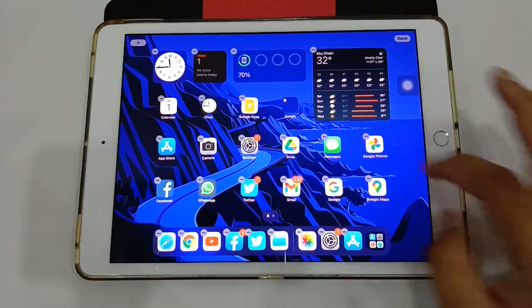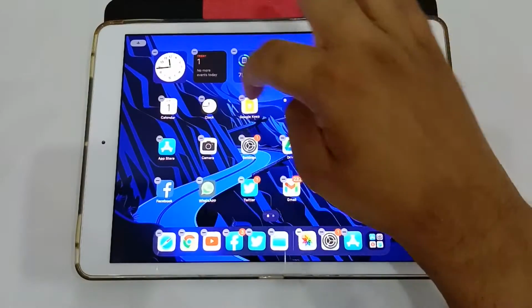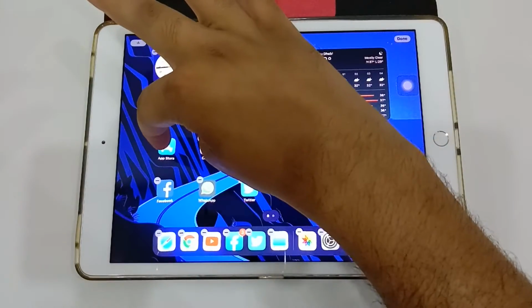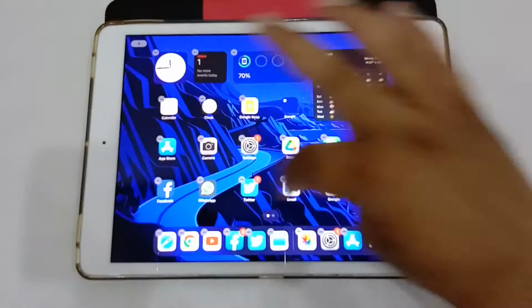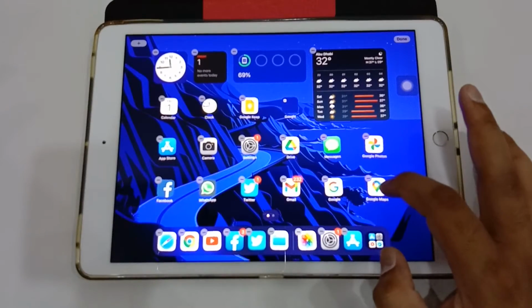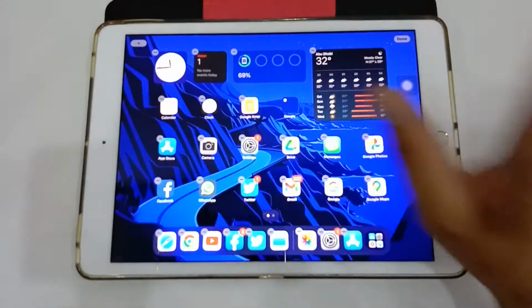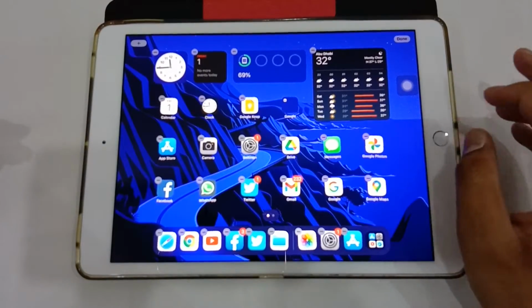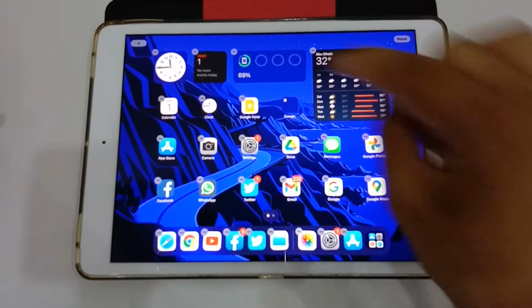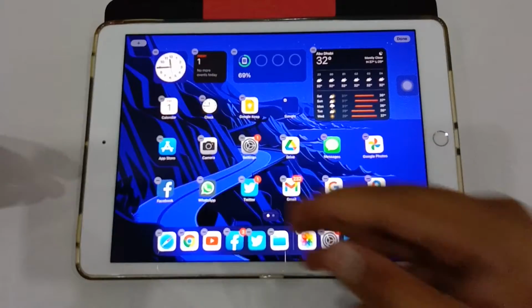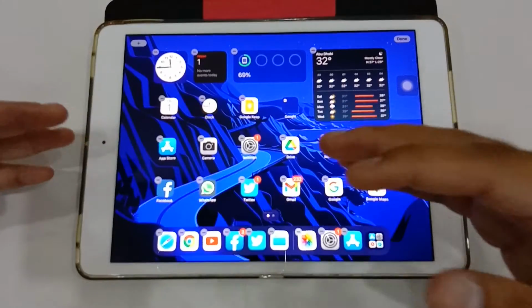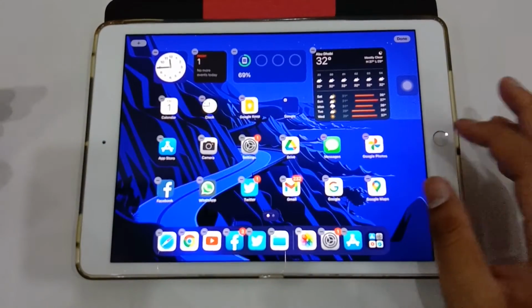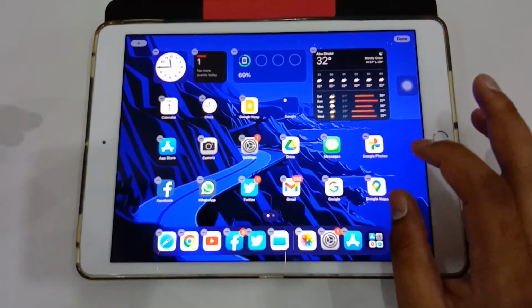If the App Store icon was here and all of these places were empty, and I tried to put Google Maps over here, it would not let me, and it would just go back to here. That's still one of the things that a lot of people hate about iOS. On Android, you can place it anywhere you want, and that's why when you see somebody's Android home screen there are a lot of variations. Some don't have proper organization and all that.